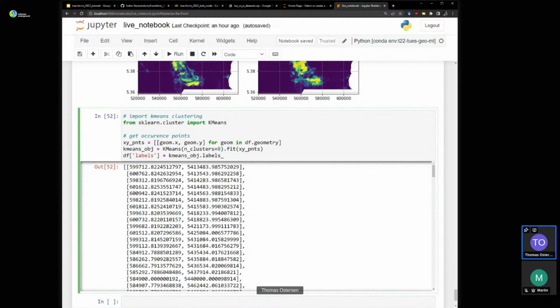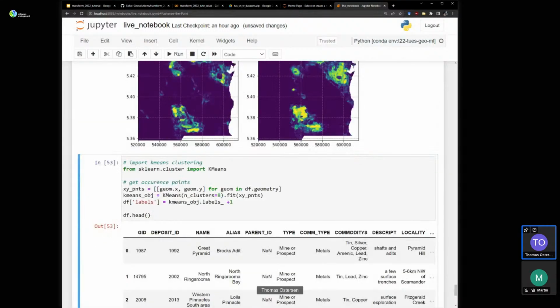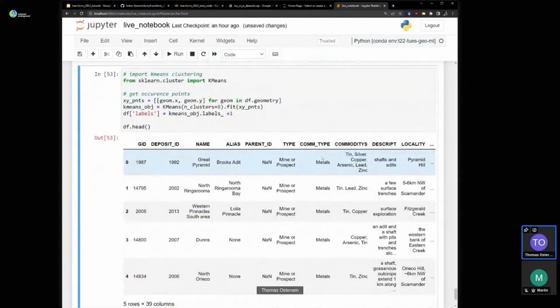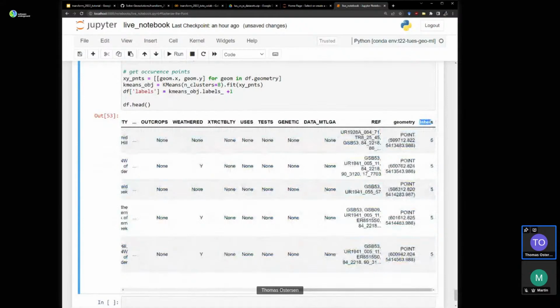Because k-means has a cluster 0 and our background class is 0, we're just going to add 1 to that. Let's see what that looks like in the data frame. We should have appended a column. Yeah, we've appended a column labels, and they contain numbers for the cluster.